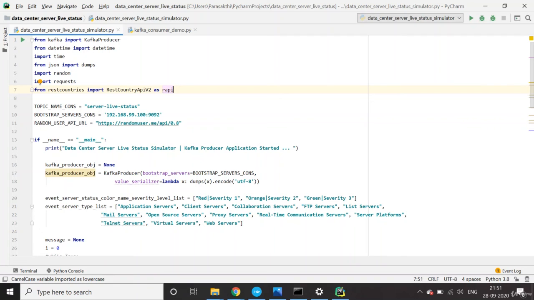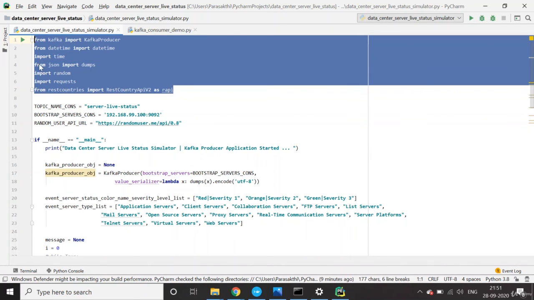If you want to get the capital for a country with the help of the country code, there is a Python package called rest countries. You can use that to get the capital city for the country, as well as other information that is available. So these are the packages we are importing.